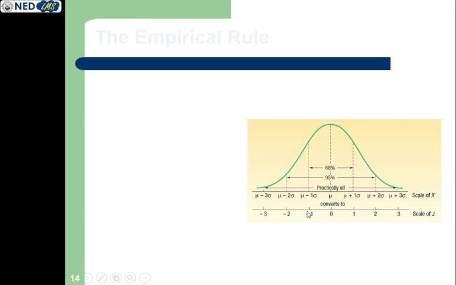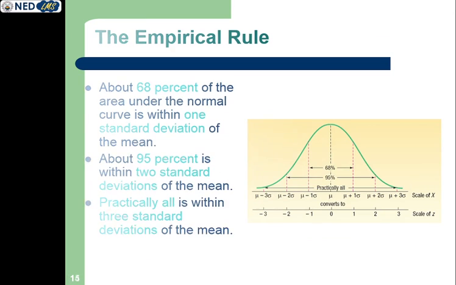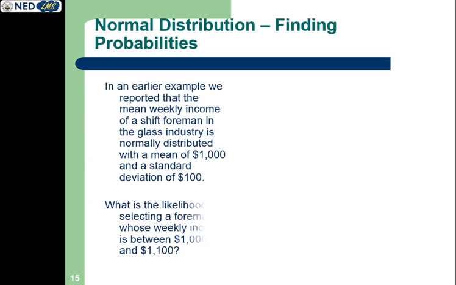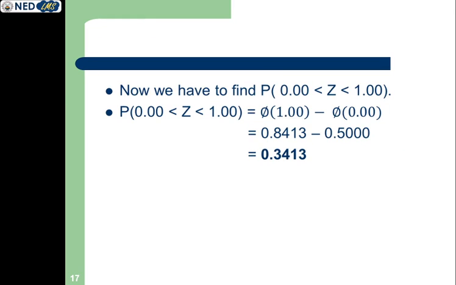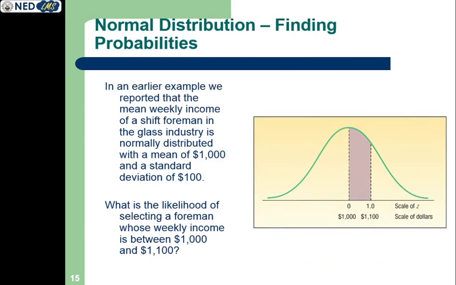Now see another example, in which we are going to find the probabilities of several events. In the earlier similar example, consider a mean of $1,000 and a standard deviation of $100. What is the likelihood, that is, the probability, of selecting